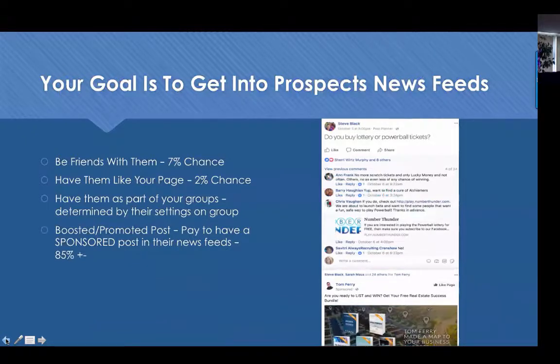When we look at Facebook and why we're even involved in social media on any level, with Facebook being our main example, because it is the 800-pound gorilla, your goal on Facebook is to get into your prospects' news feeds, to get into your past customers' news feeds, to get into your sphere's news feeds. And there's really 4 ways to do that. If we were going to go ahead and break this down,